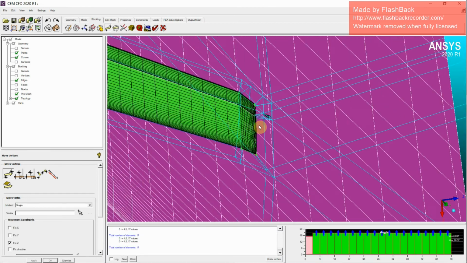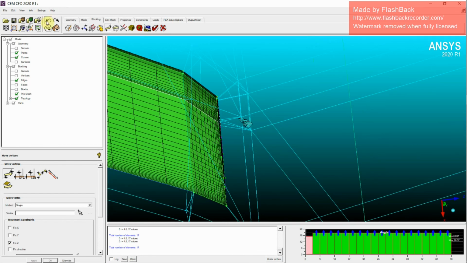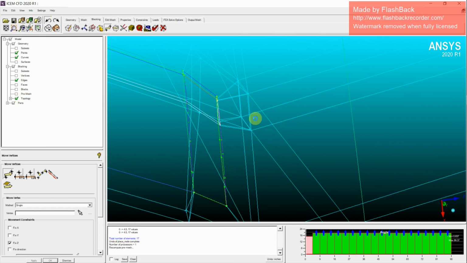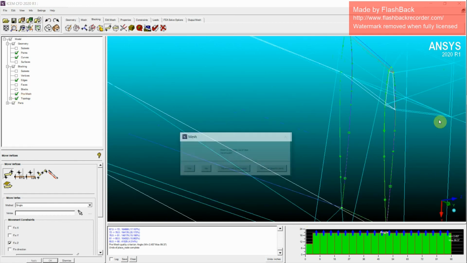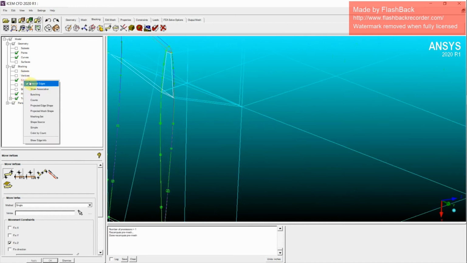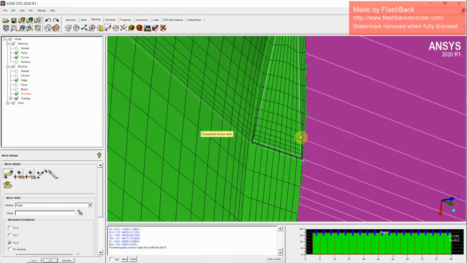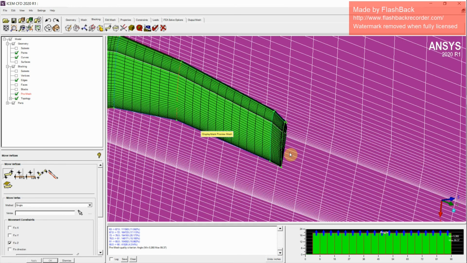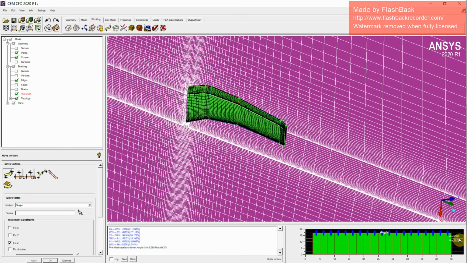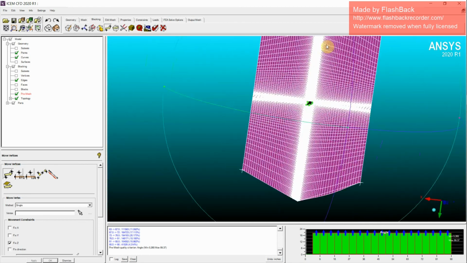There are some negative elements or zero angle elements created at this point. So let me just revert the process. Again I'll revert it. So this will be fine, I guess. The minimum angle quality is almost 5.26, and this mesh can be imported to ANSYS Fluent now.